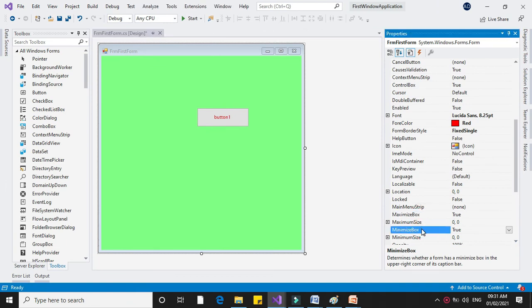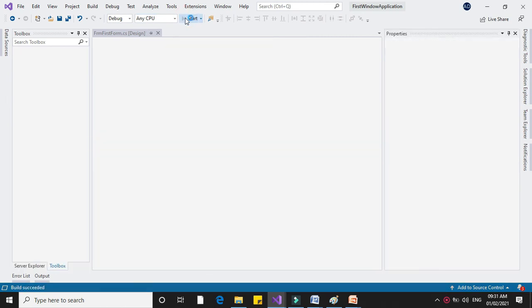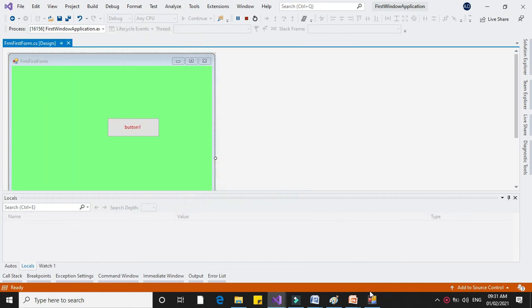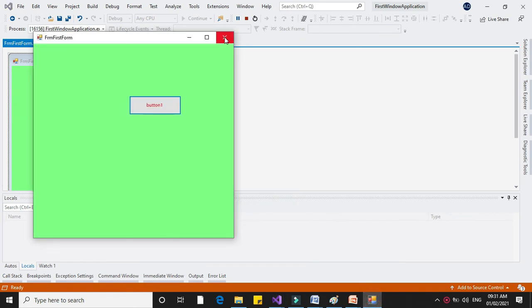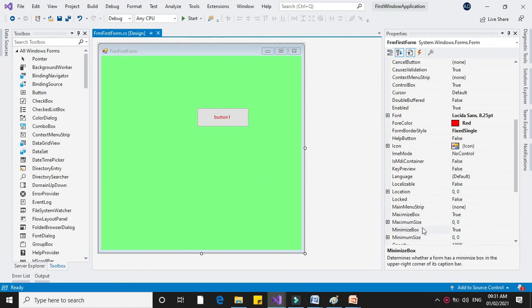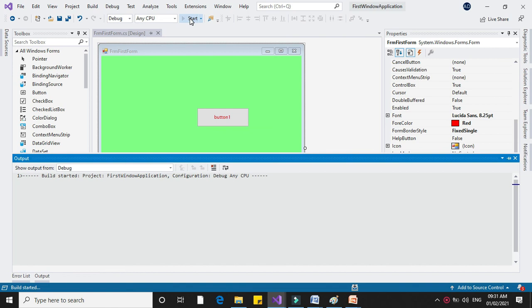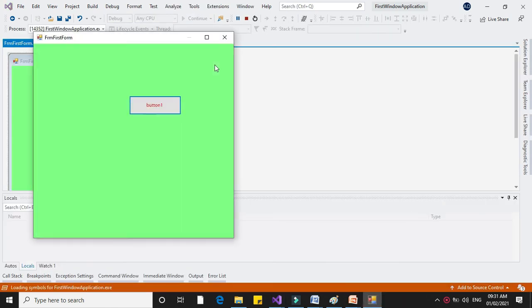Similarly, minimize box. If it is true and if you run it, you can minimize the form. And if it is false and if you run it, the minimize button is not enabled.